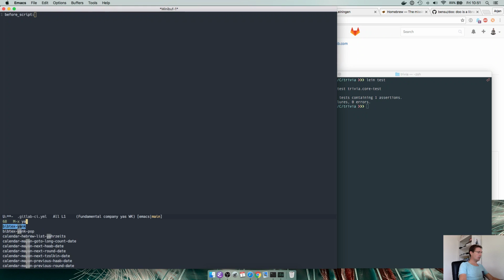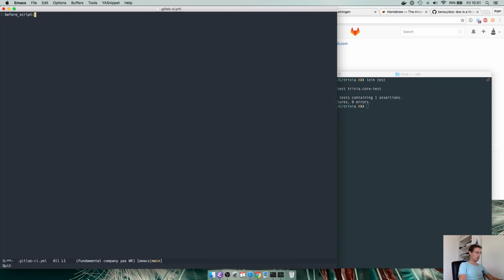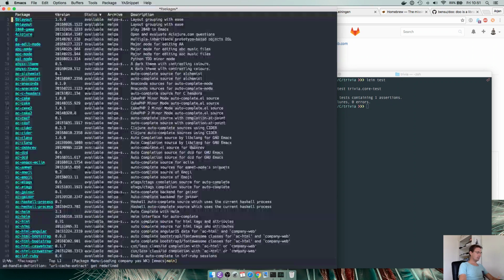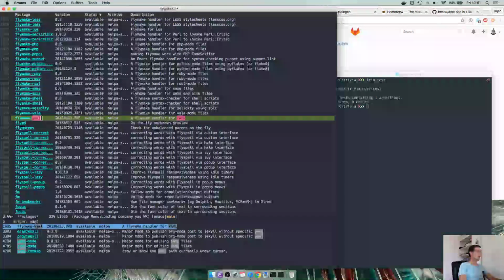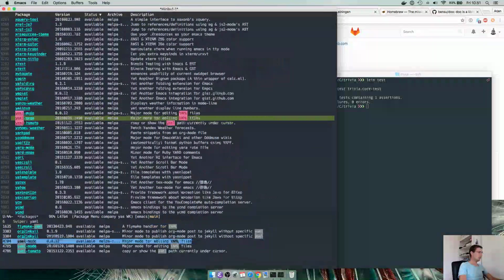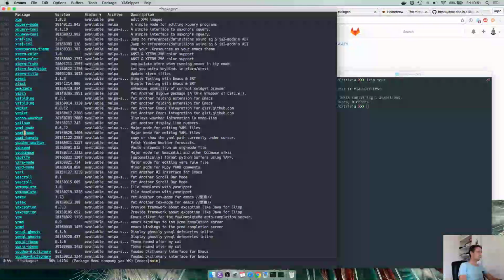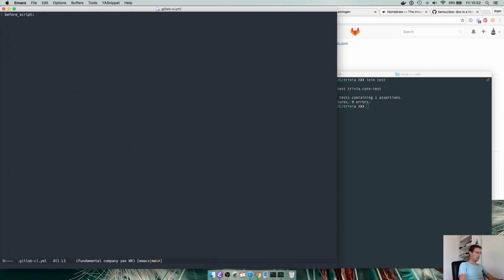maybe we have a YAML mode. There is list-packages for Emacs. YAML mode. We want this one. We want to have the ability to, yes, save it. Beautiful. We want YAML mode. Beautiful. And YAML mode says,